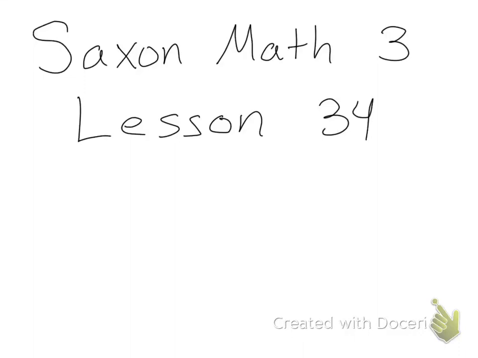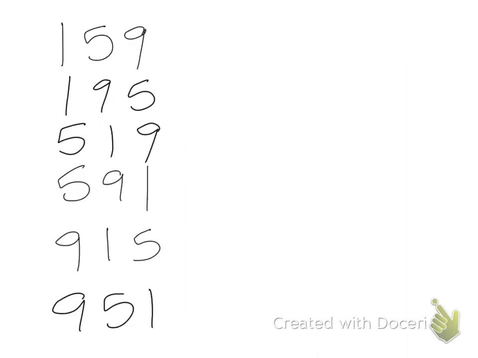Hello everyone, today's lesson is lesson 34, ordering three-digit numbers and listing combinations. So here I have a column of numbers. Each number would be read like this: